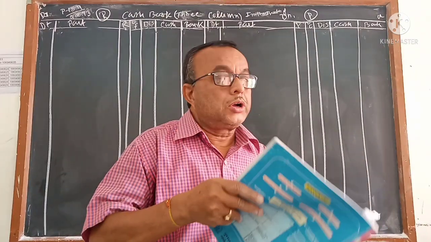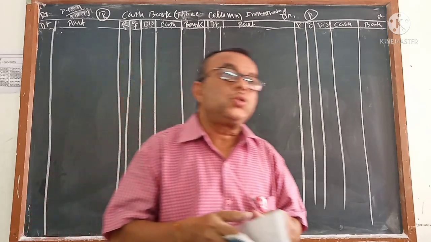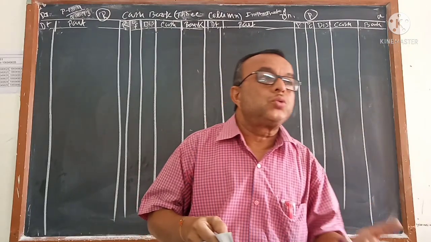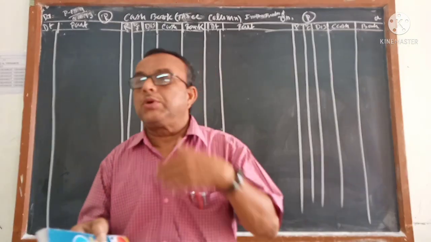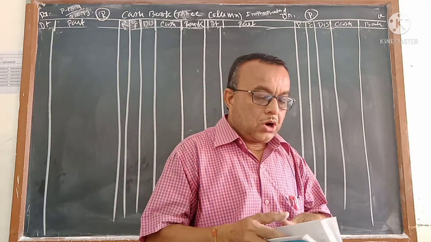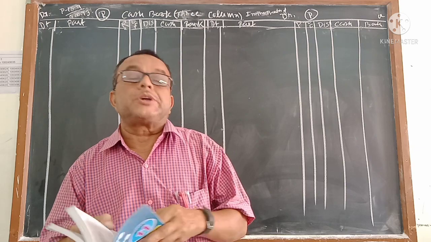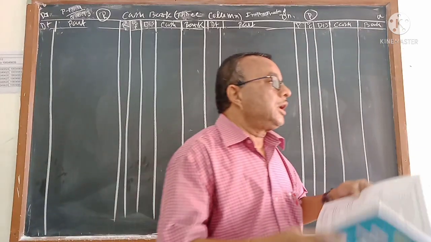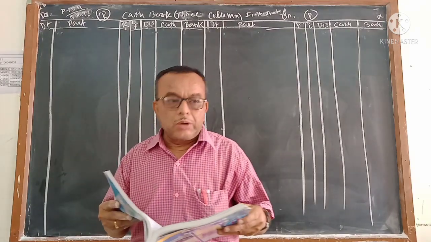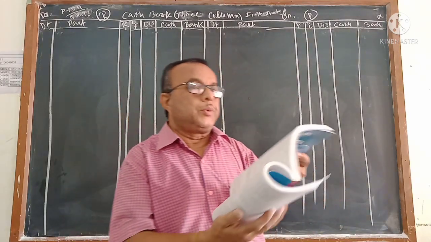Which chapter is going on, there is no need to remind you. It is known to you, in the previous video I taught you how to do the hard type of sums from your exercise as well as the illustration of the cash book chapter, which is the 7th chapter. This is the last video of the 7th chapter. One more hard practical sum I want to solve.